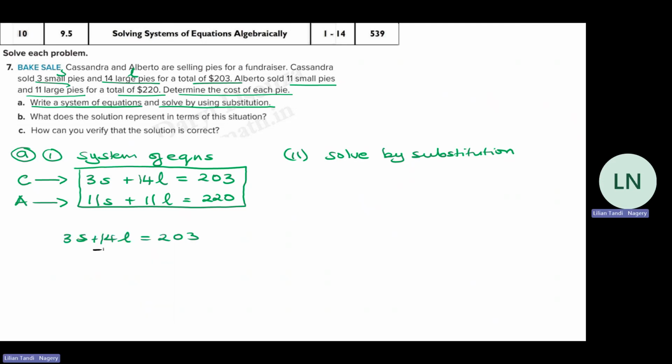So subtract 14L on both sides. This goes away. So you have 3S equals negative 14L plus 203. Divide all your terms by 3. S equals